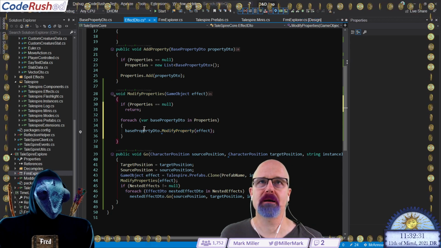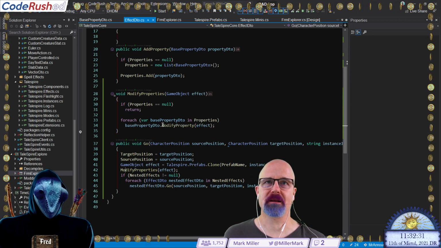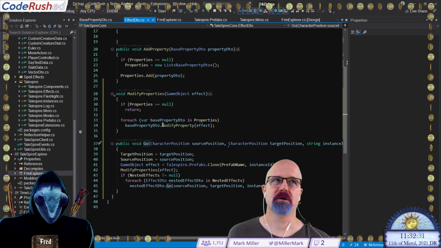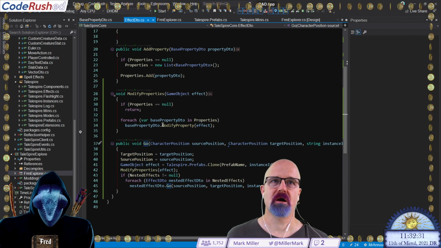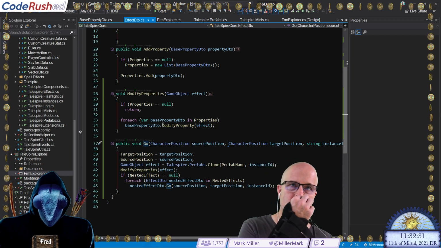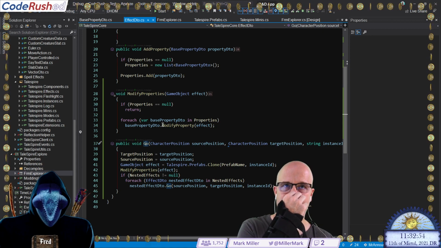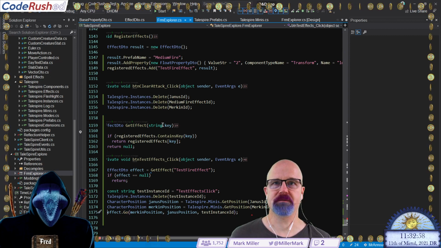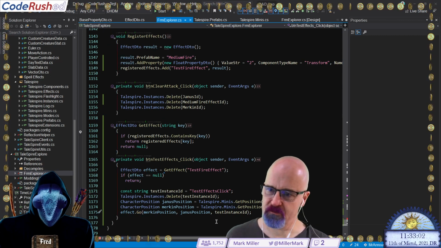Okay. So there's modified properties in there. So the scale in the Y direction would change the effect. And it's just now occurring to me that that may have no impact at all on this particular effect.